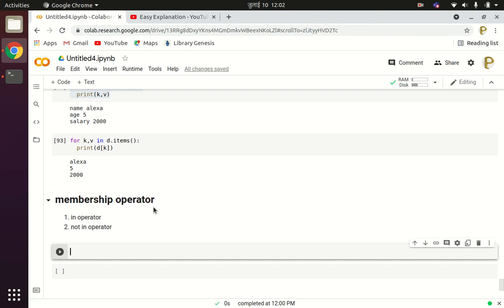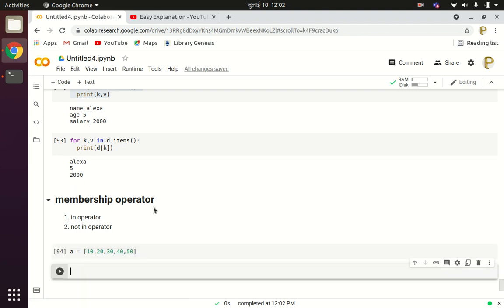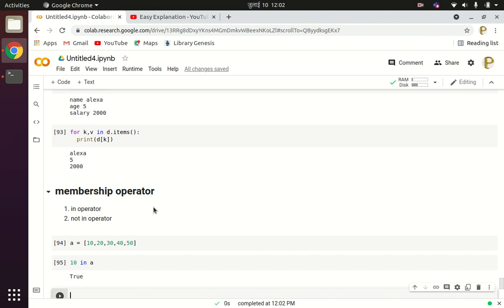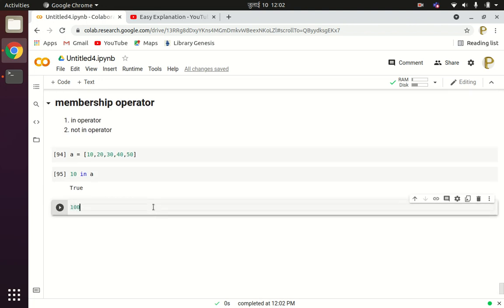Suppose I have a list A equals 10, 20, 30, 40 and 50. If you want to check whether 10 is in the list or not, so 10 in A will return true. If I write 100 in A, it will return false.